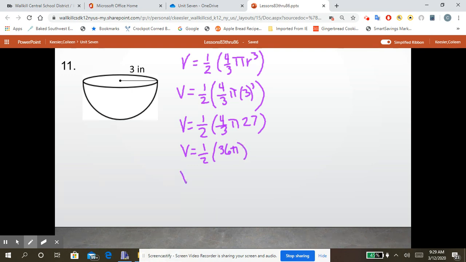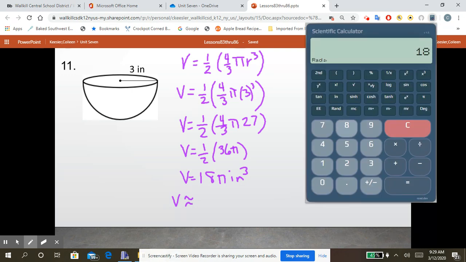And then cut it in half, so our volume is 18 pi inches cubed. Now, again, that's the exact volume of this hemisphere. We're going to round it to the nearest hundredth by multiplying 18 by pi. And we get approximately 56.55